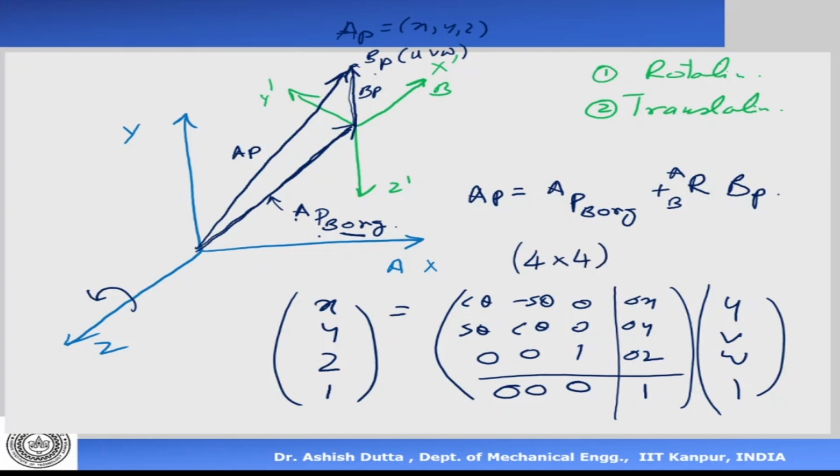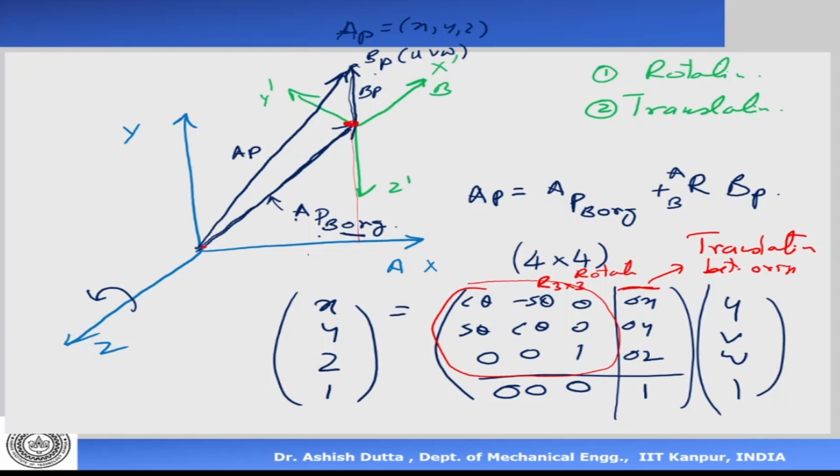Now what does this mean? Let me explain the 4 parts of this matrix. This part is the rotation matrix, an R 3 by 3, the same matrix that we just saw. This is called the translation between origins. That means del x, del y, del z is the distance between the origins in the x, y, and z direction.